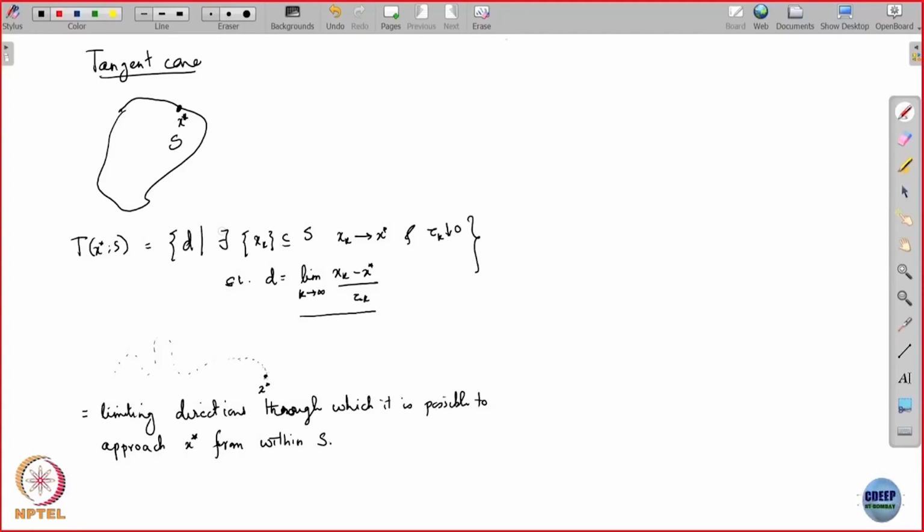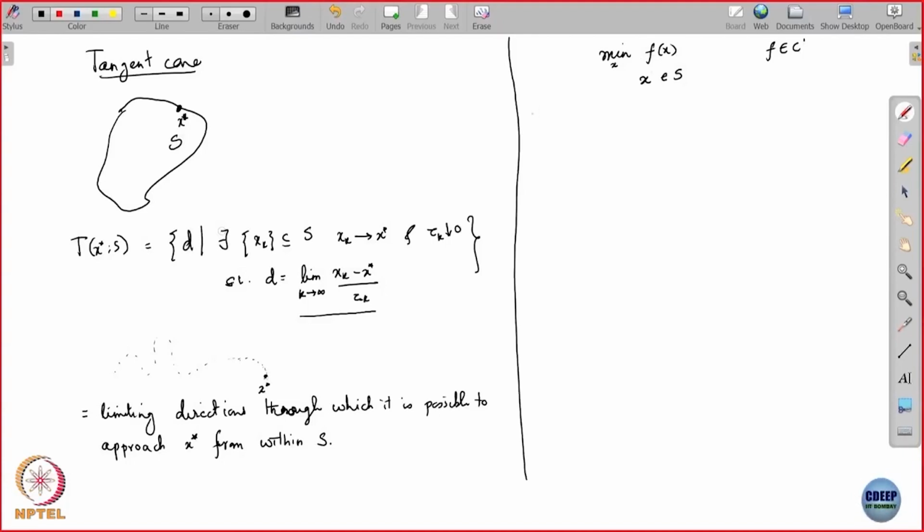Okay. And what was the significance of this tangent cone? The significance of this tangent cone was that it captured a very general necessary condition for optimization. So, if you have a general function f, just that f has to be differentiable, so let us take continuously differentiable, and you are minimizing this function f over all x in a set S. S can be any kind of set, can be a polyhedron, can be not a polyhedron, can be convex, not convex, does not matter, any set S, and you are optimizing an arbitrary differentiable function over it,